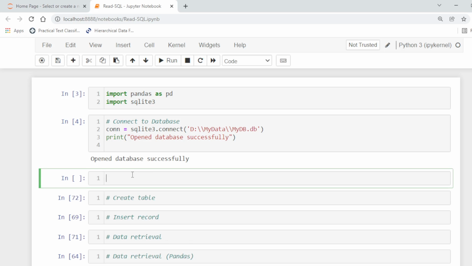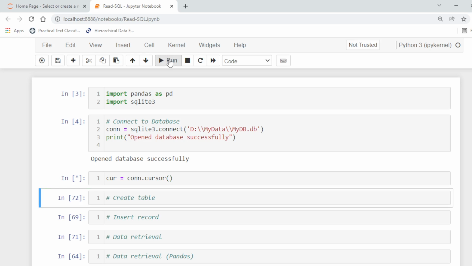Basically, this routine creates a cursor to process the data in a set row by row. So here we create a cursor object. This will be used for the remaining communication with SQLite.